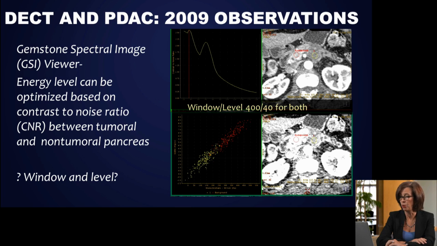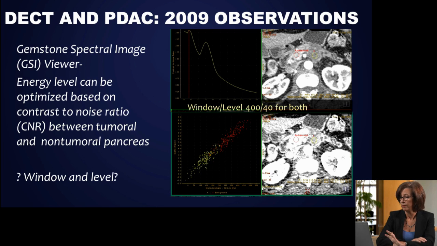when we got our first scanner, we didn't know how to use it. We knew that we wanted to use a PACS equivalent image to do our routine diagnostic viewing, and that, after a little bit of trial and error, became 70 keV. But if you look, the machine can also calculate for us the ideal energy level that's optimized based on a contrast to noise ratio. So in this patient who has a larger pancreatic ductal adenocarcinoma in the body region, you